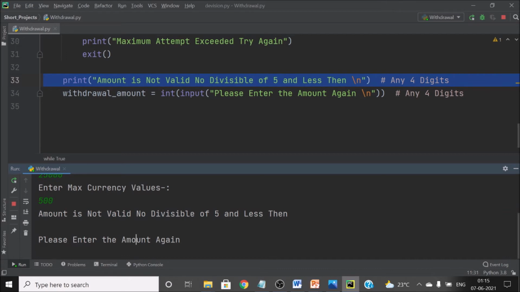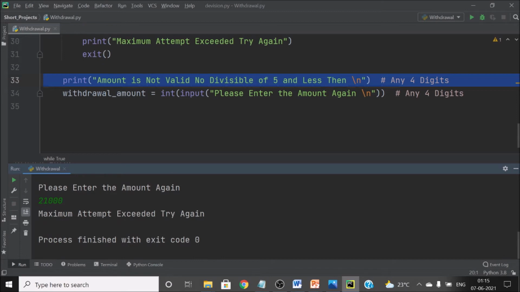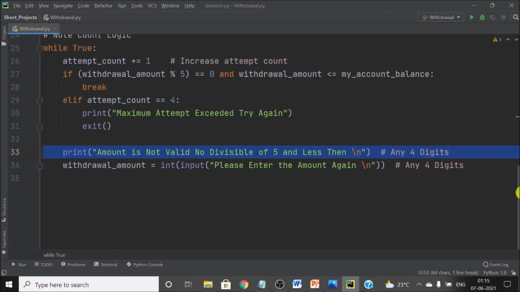So we have to click below this line because we are using /n. Then I will put the amount again, 33,000. No, it is asking again. 21,000 this time. Let me try. It should not work. Maximum attempt exceeded. Please try again. Hope you understood why we have done that.